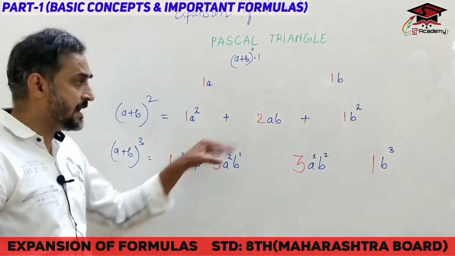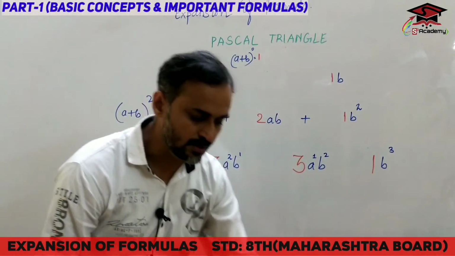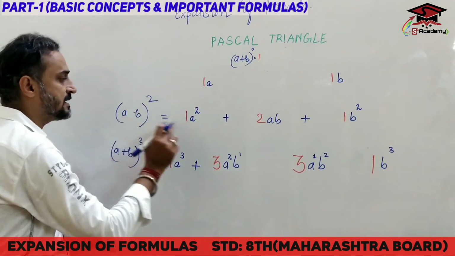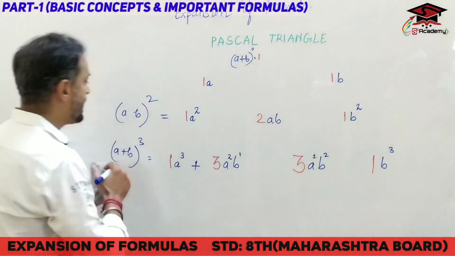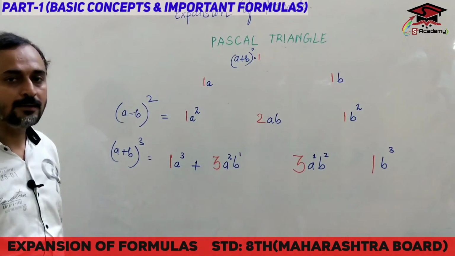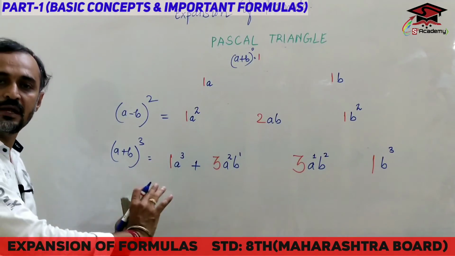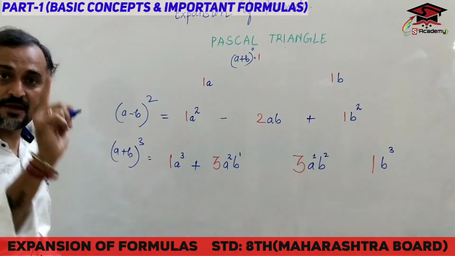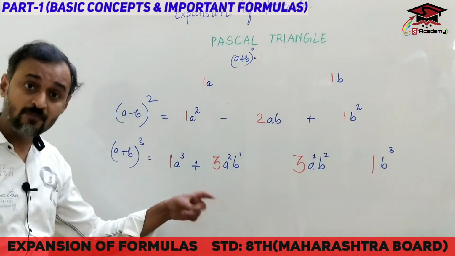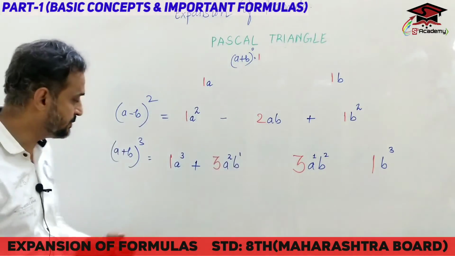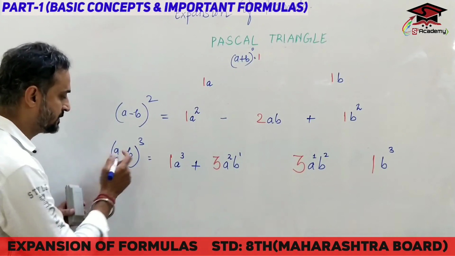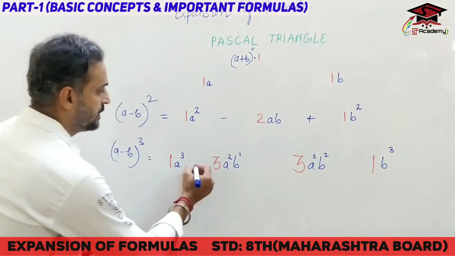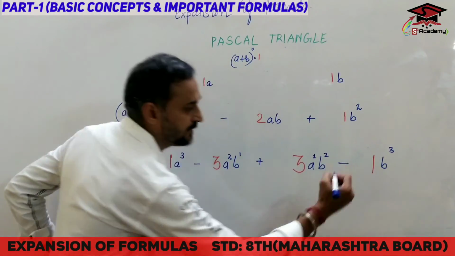Now the same way, same method, I'm not going to rub out anything. Okay students, now we have seen a plus b the whole square. Now what I'll do, I'll rub out the plus sign from here and consider the minus. Then nothing is going to change, only there is a difference between the signs. Let me consider minus over here, plus over here. Same way, same method, a plus b the whole cube. Now I change it here, I'll make it a minus b, a minus b the whole cube. Again there is a change in the signs: plus minus plus minus.